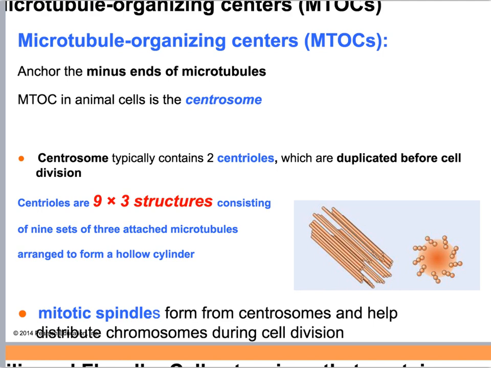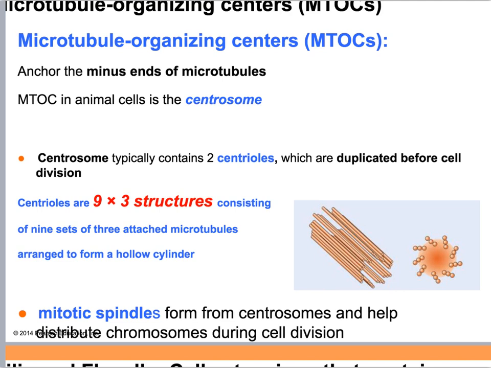There are bundles of 3 microtubules together that form a circle. The bundles form a circle, and there are 9 of those bundles all together around that circle. So we call it 9x3 because there's 9 bundles of 3 microtubules together. If we look at the picture on the very right, we're looking at the end of that series